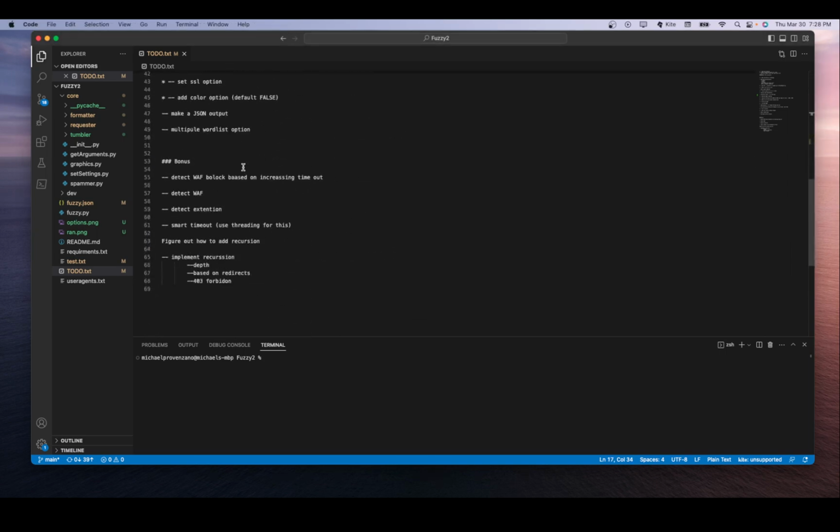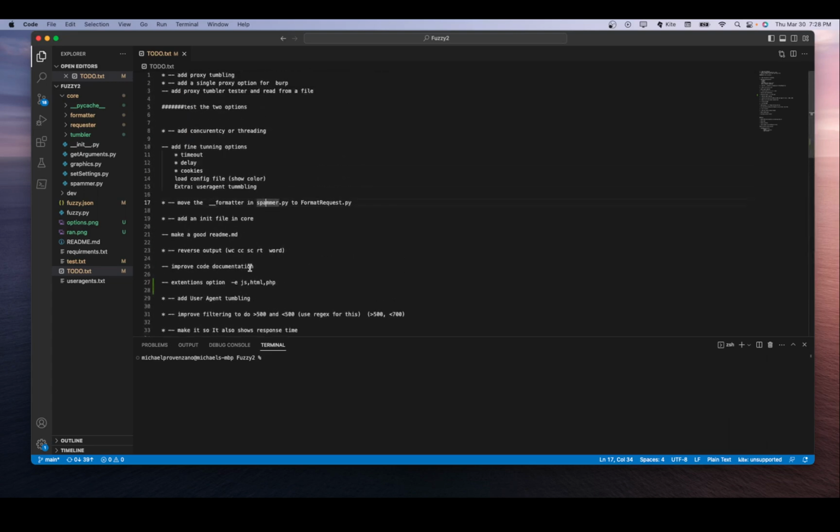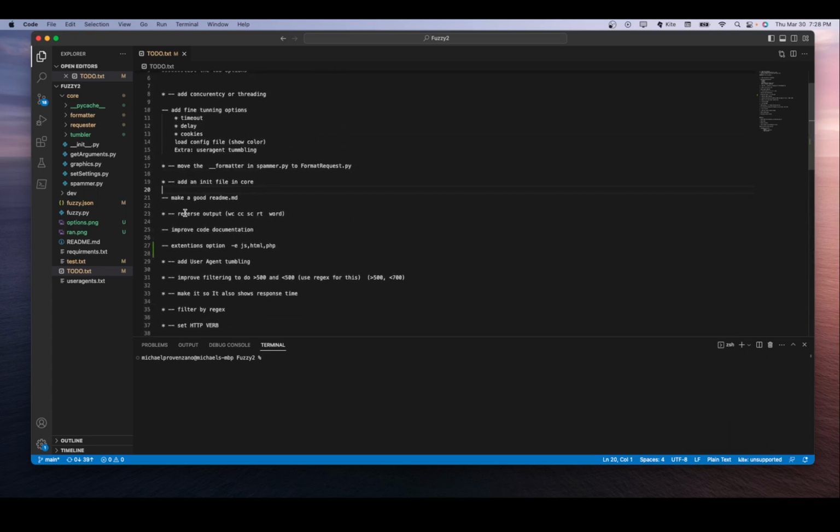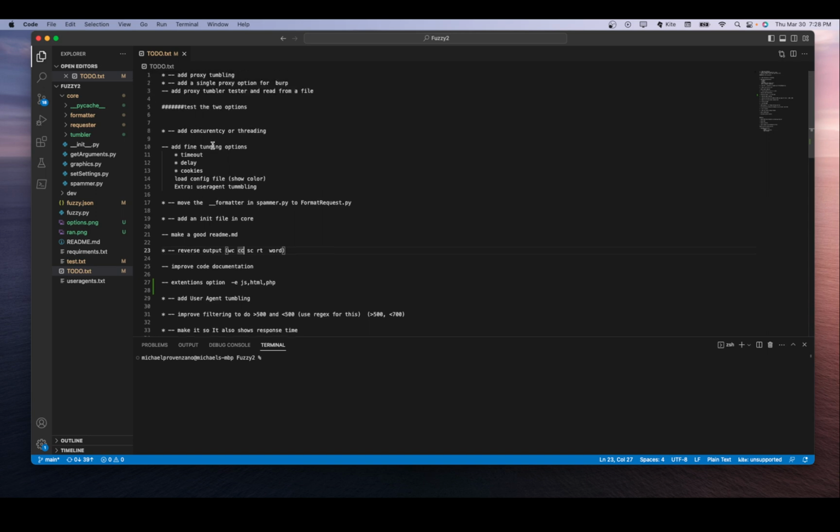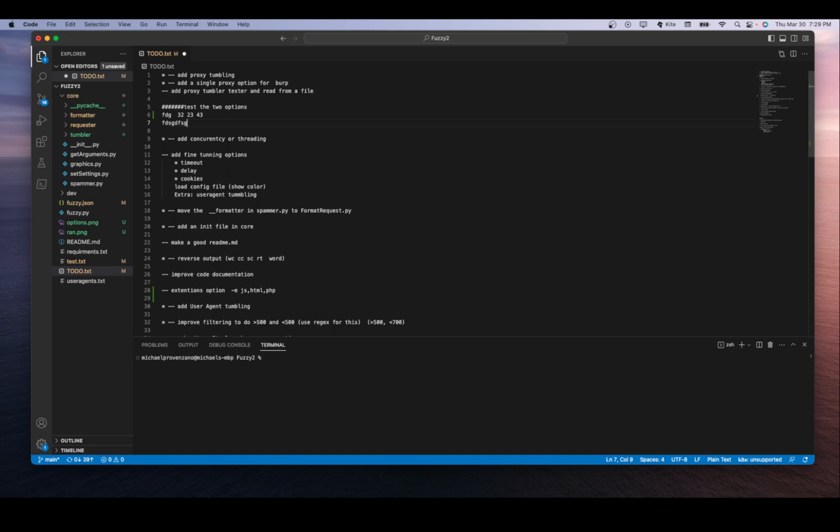This is the to-do list. So I reversed the output because it was word count, status code, and character count. But the problem was it would be like this, right? The word, status code, character count, whatever. And sometimes you'd get a huge word and it wouldn't be even. You couldn't just look down the list. So I reversed it so the status code, the word count, character count